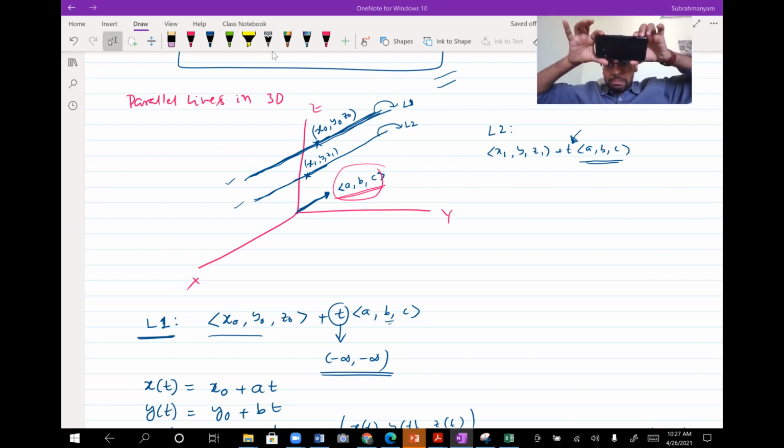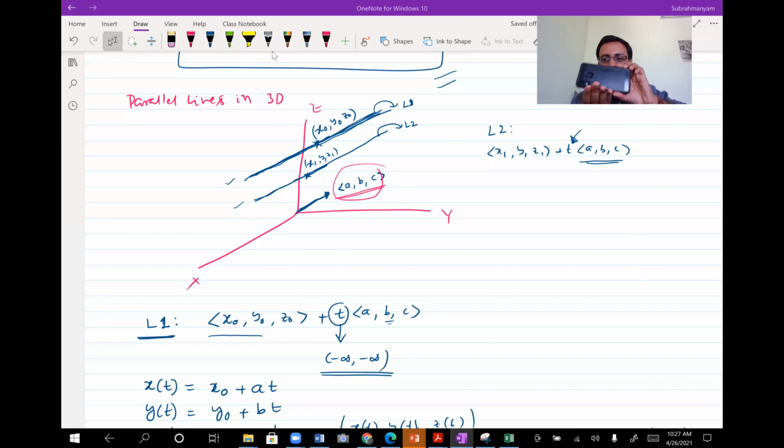If I don't keep my camera this way, suppose these are all four parallel lines, assume that. I keep a camera here and take a picture. As you extend those parallel lines, they would meet somewhere. The only way they will not converge is when I keep my camera like this. You could figure it out mathematically here, it's not difficult. That is when your parallel lines would remain as parallel.